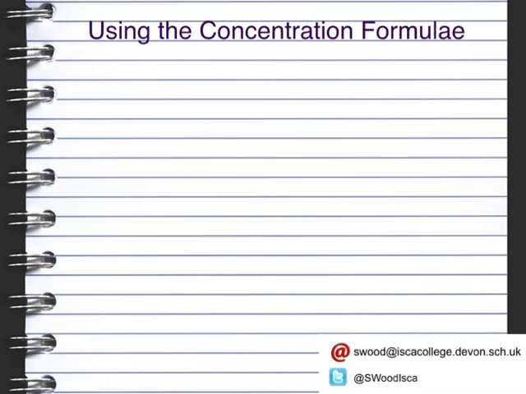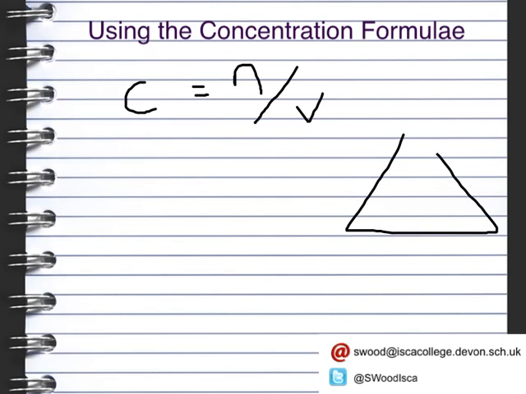Okay, so in the previous lesson we looked at being able to calculate the concentration using the concentration is equal to n, which is the number of moles, divided by V, which is the volume of solution. Now we can put this into our triangle here, so we've got n at the top, C and V at the bottom. So we can work out concentration is equal to n divided by V, and you'll need to be able to use this to work out volume,